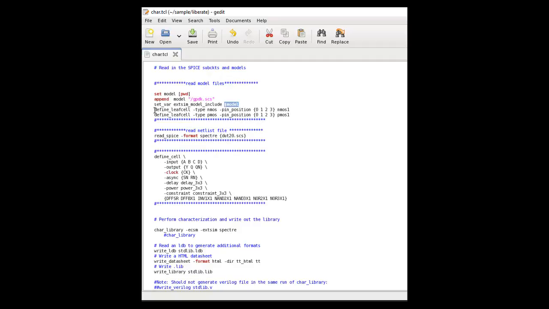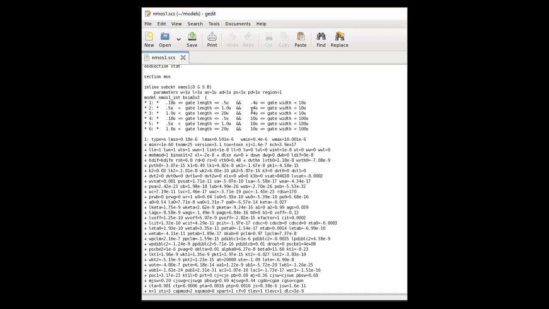And next comes this define leaf definition. So this is basically a map between the pin position of my NMOS and PMOS to the model file that I have. So here the number 0 denotes the drain, 1 denotes the gate, 2 denotes the source, and 3 denotes the body. So these pin positions would get mapped to our model file, which I can show here. So here this NMOS 1, which is from my model library, I can see it requires 4 inputs, and these 4 inputs are being defined through these pin positions in my